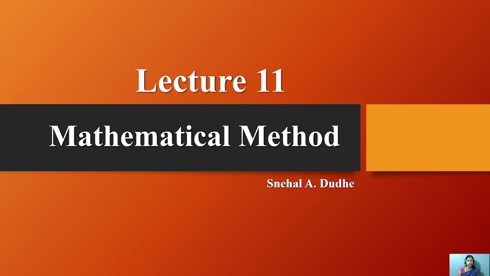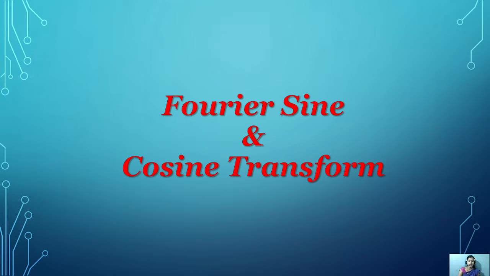In this Fourier sine and cosine transform, we define it and see how to denote it in symbol form. In a previous lecture we discussed the Fourier transform. This Fourier transform is given as a formula, and we will see how to convert it into the Fourier sine and Fourier cosine forms. Okay, let us study these two forms, Fourier sine and cosine transform.